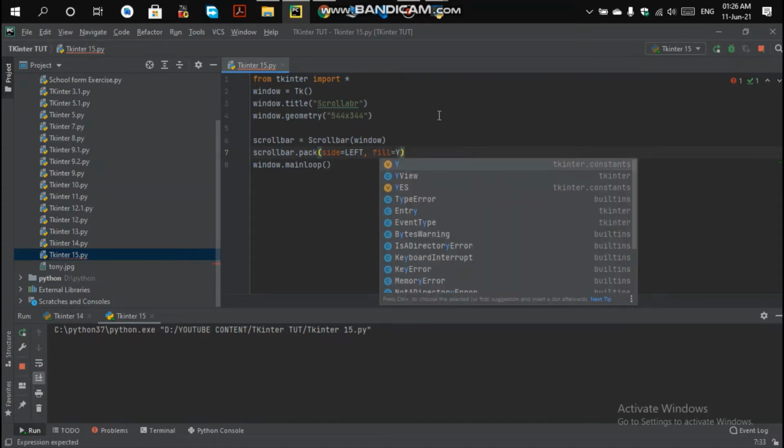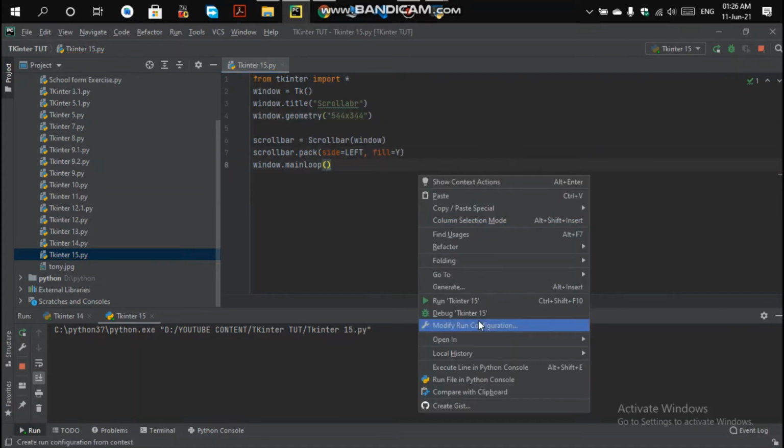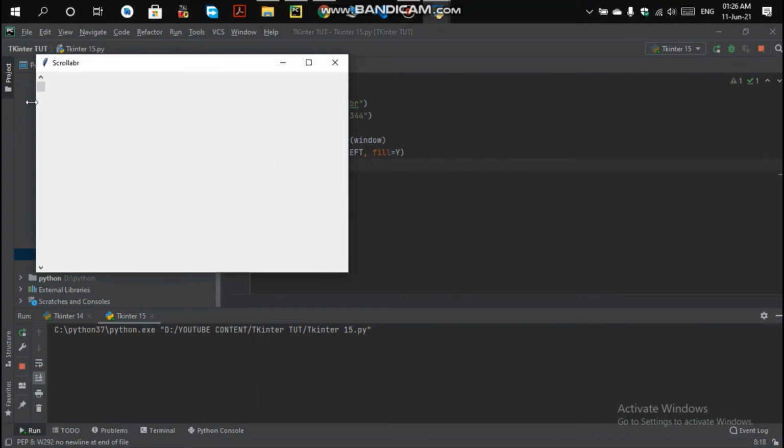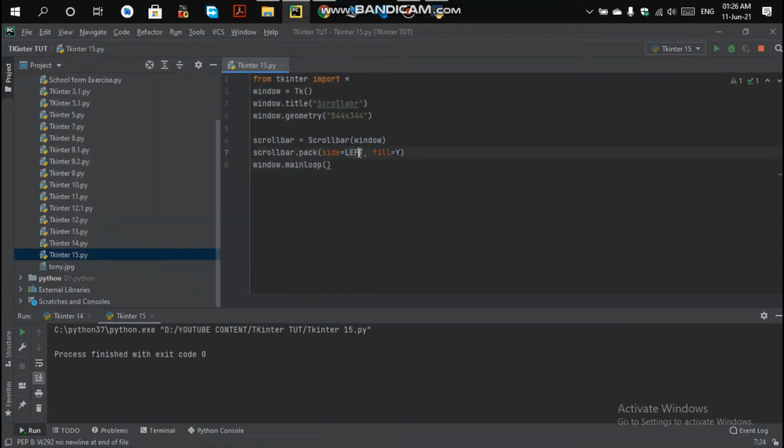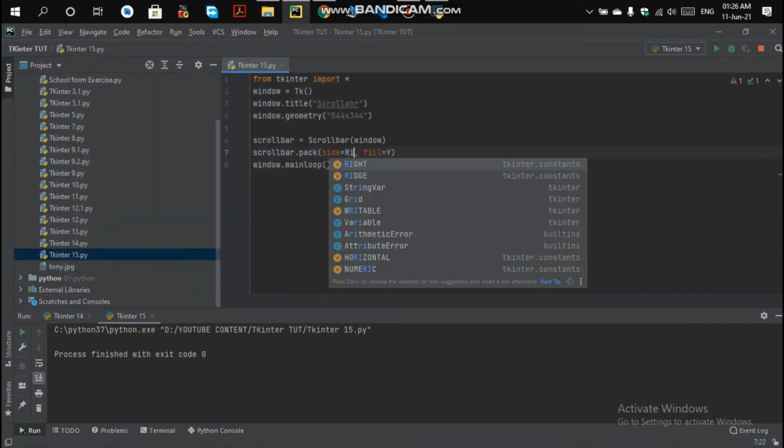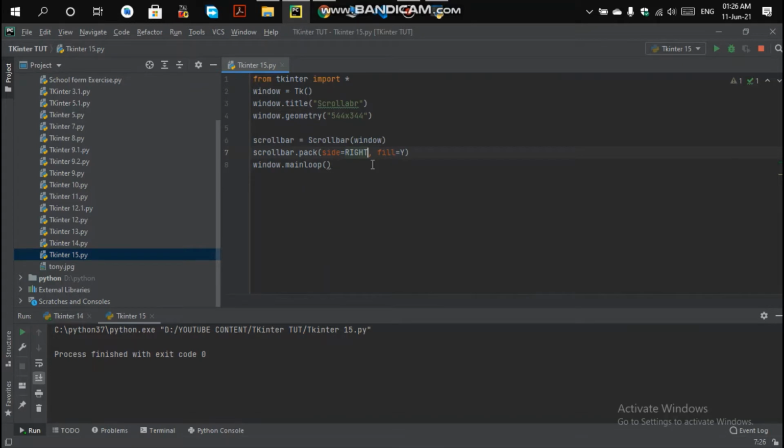When you run this, you see that it is on the left side but nothing is scrolling there. So let me put it on the right side, because generally you see scroll bars on the right side in a normal window or web application. I'm going to create a text area so that you can see how you scroll your text.